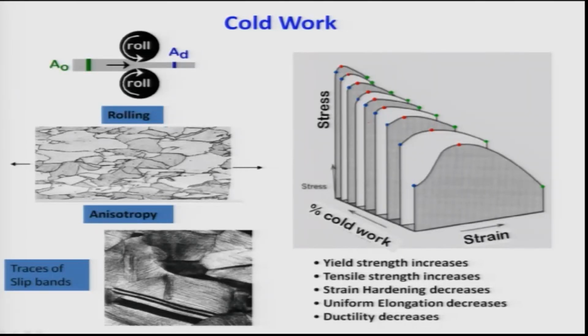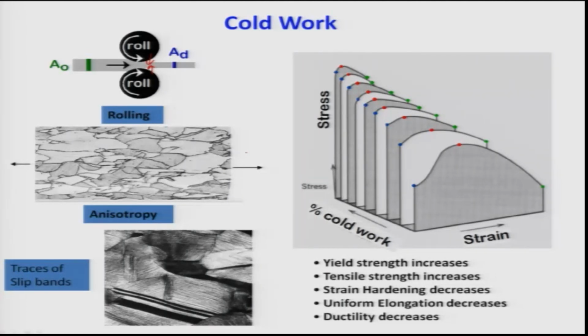Now, the question is this. Just as one example, suppose I take a piece of steel and roll it between two rollers, as is shown here. Rolling will lead to deformation of the material, so grains will become elongated and it will create all kinds of defect structures like slip bands, as you can see here. This is taken from the book of Callister, Materials Engineering. As you see here, mostly the deformation will be anisotropic. Why? Because the grains will be oriented perpendicular to the direction of the loading. As you know, loading is happening this way, so the grains are elongated along the direction perpendicular to